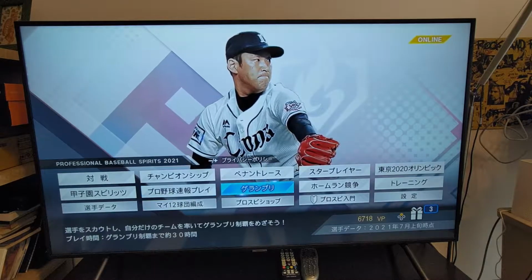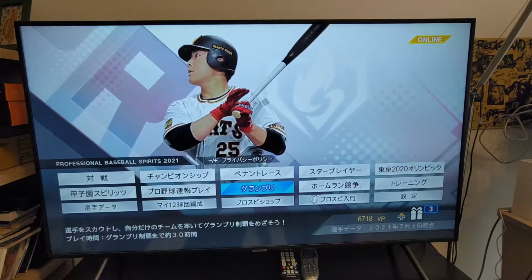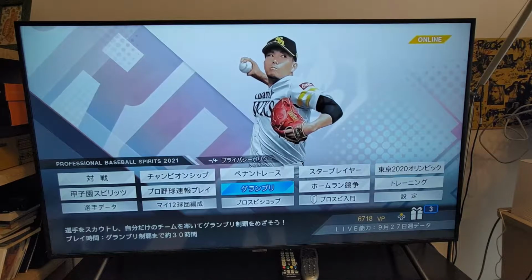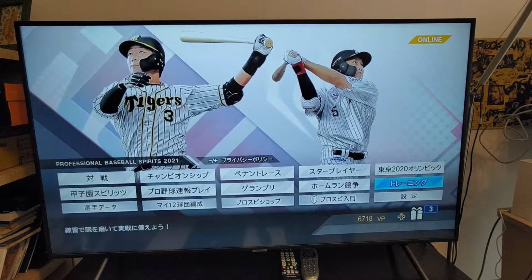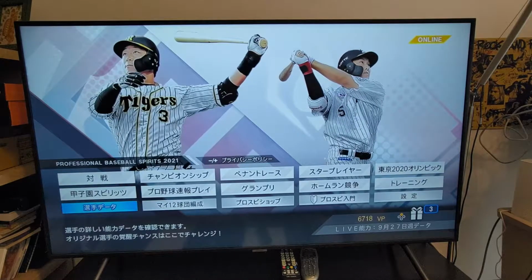teams and experience. Okay, and this here is where you play as a manager, so this is the manager mode, and you can create your own team, or you use an existing team, and try to win the pennant. And this is the home run derby. It's got home run derby in it, and this here is the practice mode, and this here is